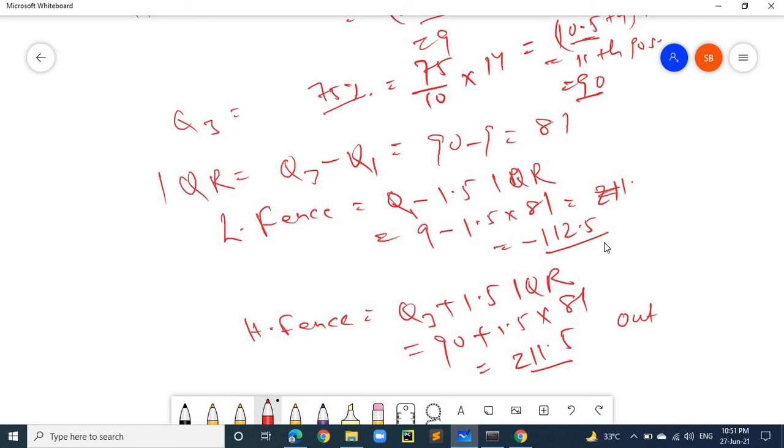Outliers are values lesser than or equal to the lower fence and greater than or equal to the upper fence. So if lesser than the lower fence, all those values are outliers, and greater than the upper fence are outliers. The upper fence is 211.5.